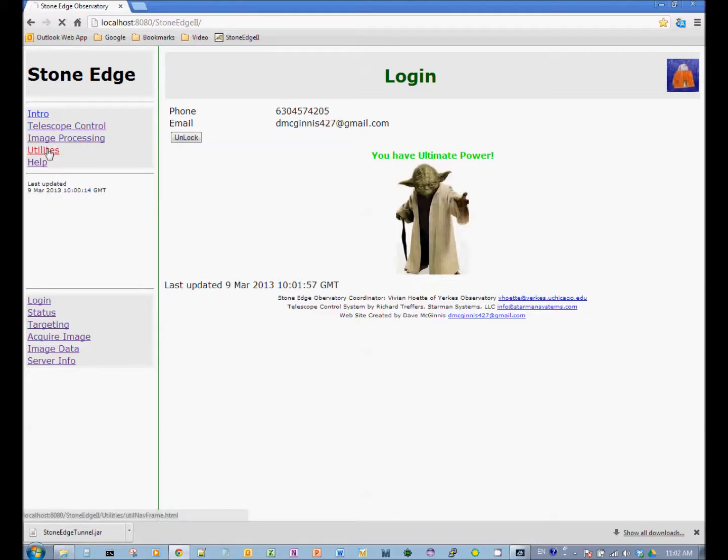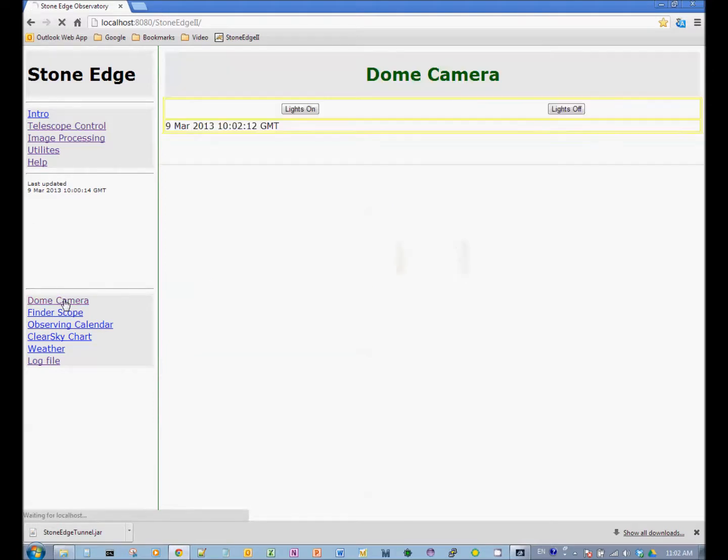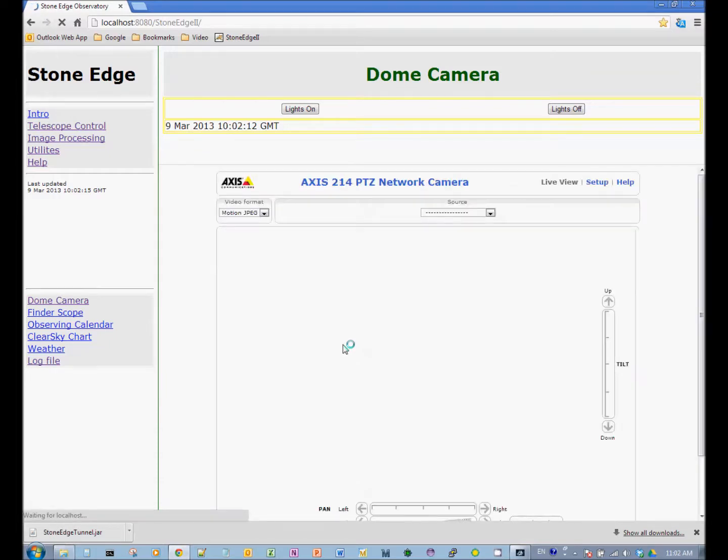Using the utility menu, we can take a look at the dome camera. The dome camera is very handy to see whether or not the telescope is operating the way we think. It takes a little bit for the dome camera to show up because of the high amount of data traffic to go through. Once the dome camera shows up,